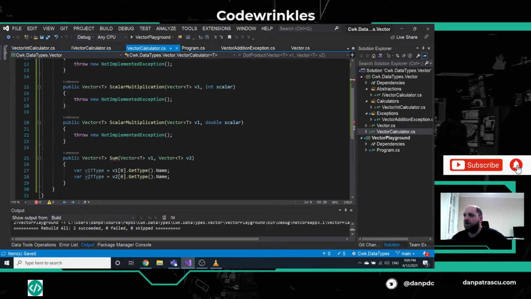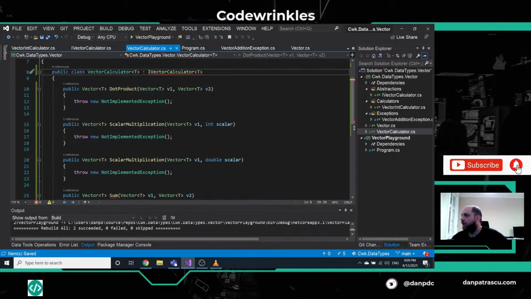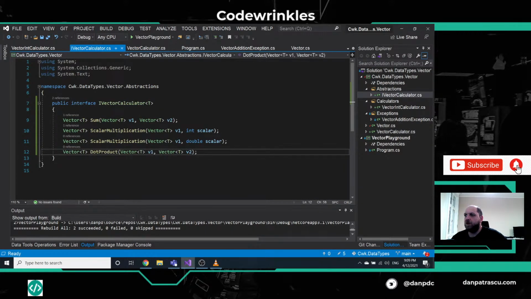Did I maybe miss something? Okay, I guess in the interface. No, in the interface, everything should be actually fine, I guess. It's just the IVectorCalculator of T. Maybe we should also expose an IVectorCalculator which